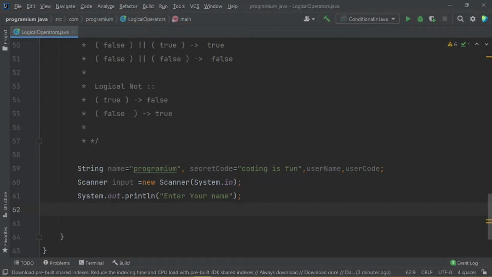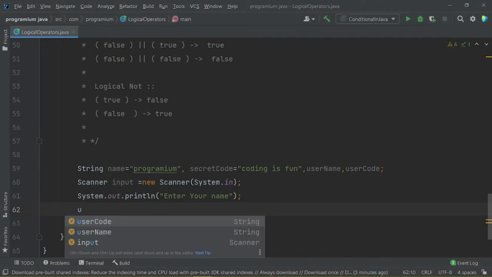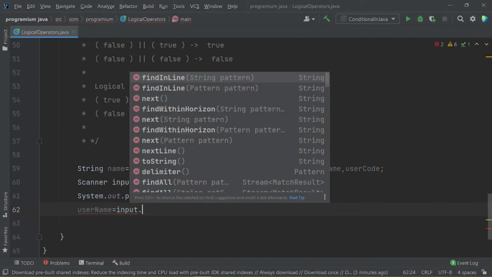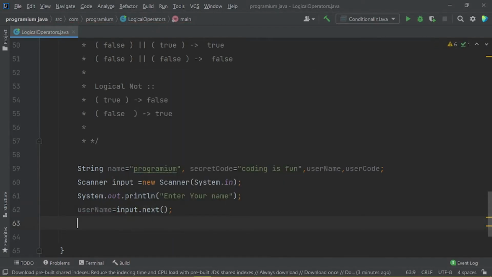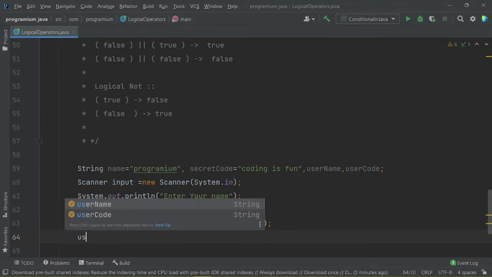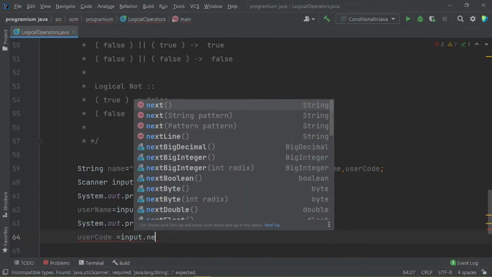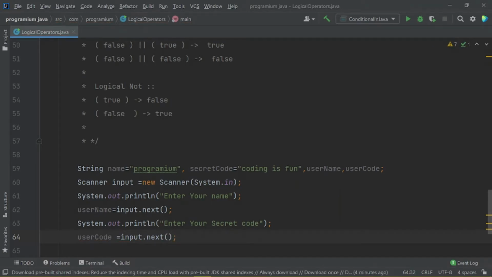So let me just use userName here, and store the value in this variable. So again I am prompting the user to enter your secret code, and what should be the variable for this? userCode is equal to input.next(). So guys, now we have collected secret code and name for our further validations.